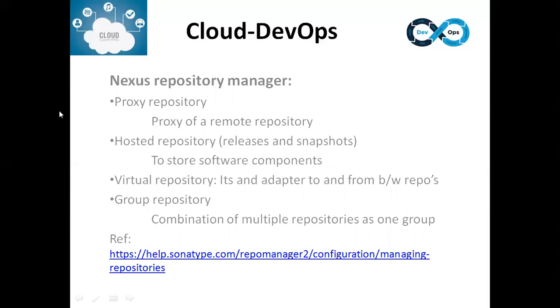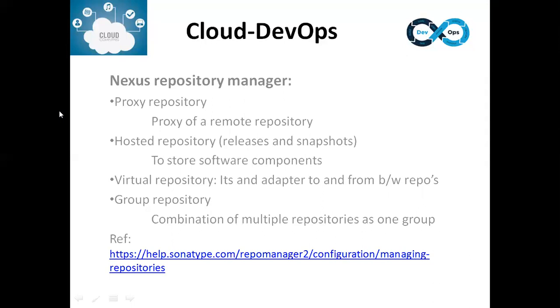Whenever we build some artifacts, those artifacts can be stored in the Nexus repository. That is one way. And sometimes when Maven or Apache Ant is trying to do its build, it will not be able to download anything from the internet. In such cases, this Nexus repository will be used as a proxy. Hosted means it in turn has release and snapshot kinds of repositories, but it is mainly used to store our artifacts generated from the build stage.